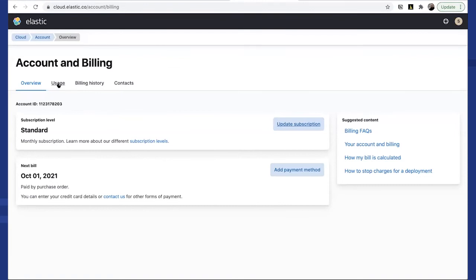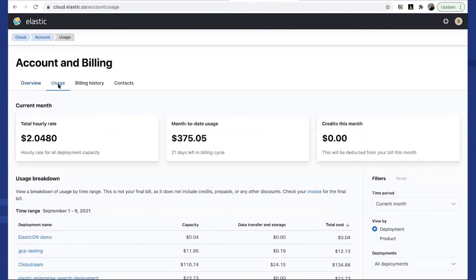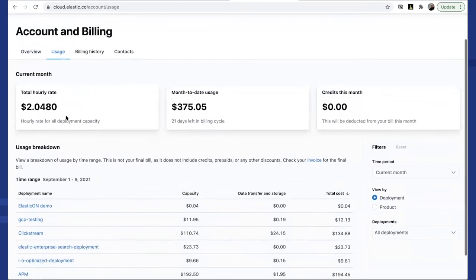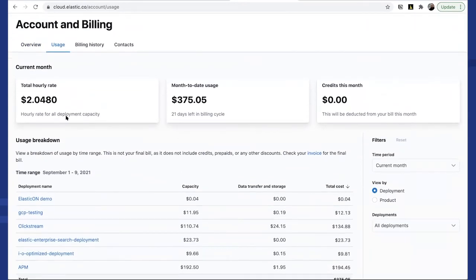Now let's look at the other page, which is extremely useful in your portal, which is a usage page. This gives you up to the hour, the metered usage, and this comes to the heart of the resource-based usage concept that we talked about.